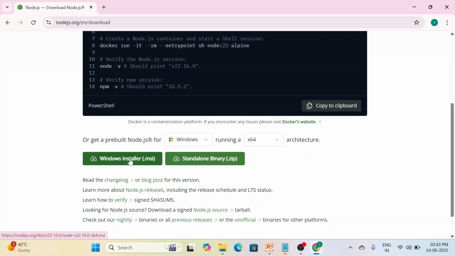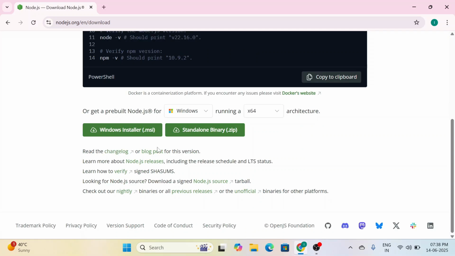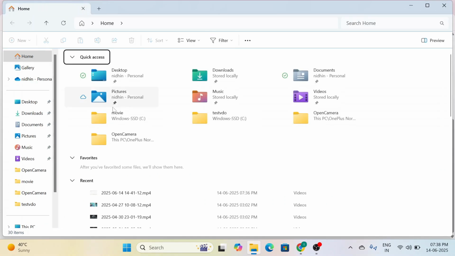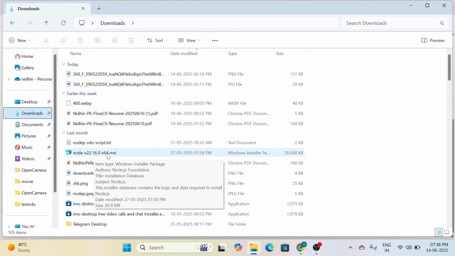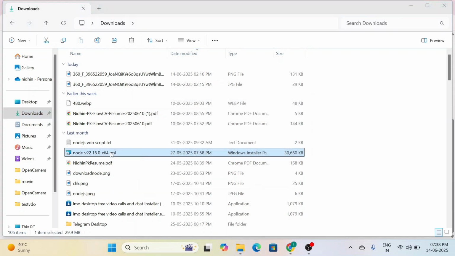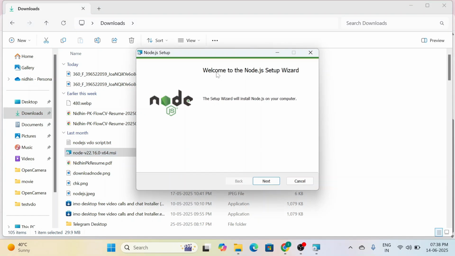I'm not doing this because I have already downloaded the latest package. So I'm going to open the downloads folder. Here you can see the Node.js package which I already downloaded. So double click on it. It will show the welcome installation wizard. Here we can click on the next button